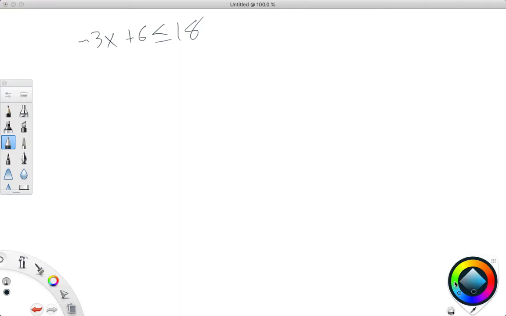Let's go with a more fun color. That's kind of dark. Anyway,